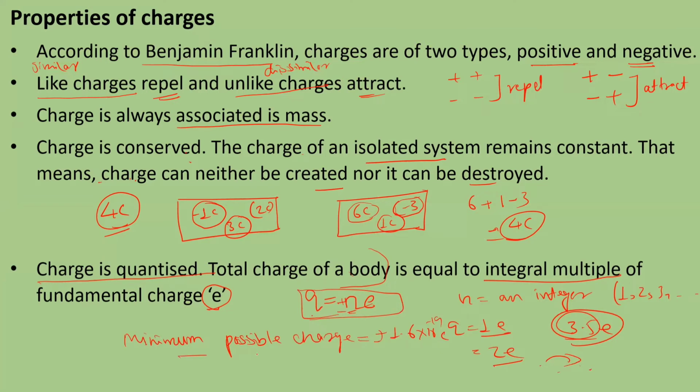And the minimal possible charge will be how much? It is plus minus 1.6 into 10 to the power minus 19 coulomb. If it's positive, that means it has given that much of charge, and if it's negative, it has taken. So minimum, because we know charge is what? Integral multiple of the fundamental charge. So any body must have the minimum charge